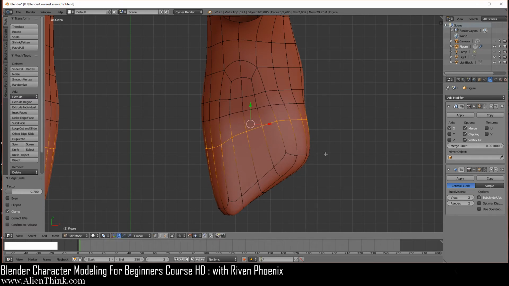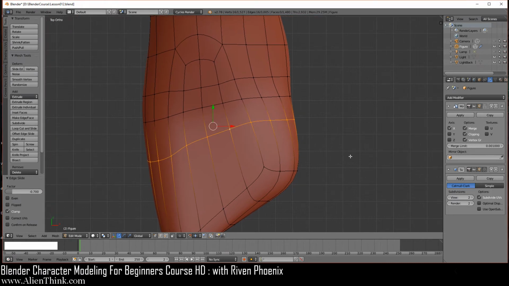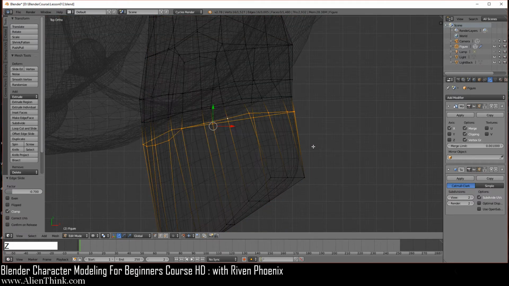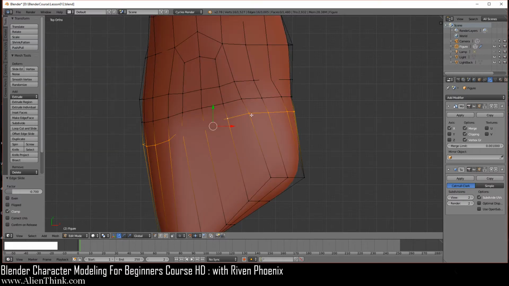Okay, now I'm going to show you a few things over here. Here's the subdivision modifier. If I click off this, you can see that we get the original cage. Okay, press the Z key, you can see that here's the edge loop that's going around. What I want to do is actually make this completely straight, in a straight line. So one thing that you can do is you can actually use this concept of the active element. You can even rotate around the active element rather than using the 3D cursor. It's a little faster. Anyways, we're going to use this active element.